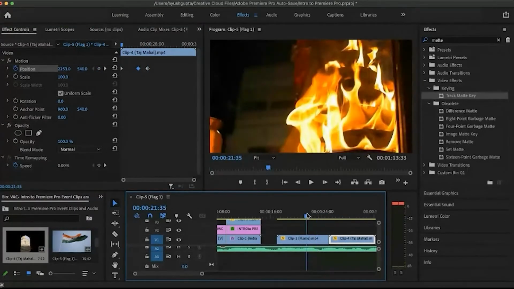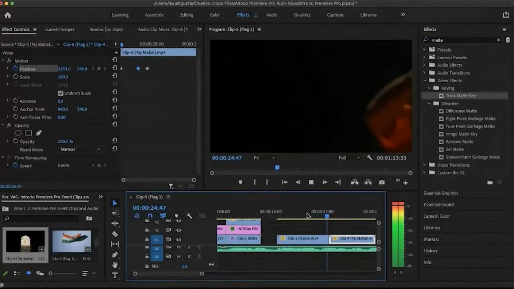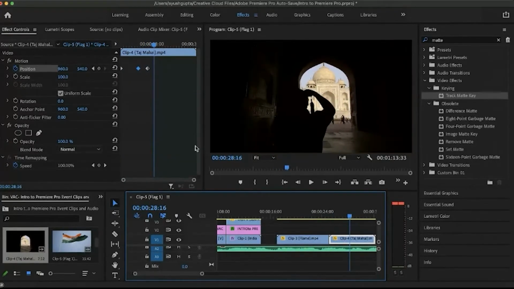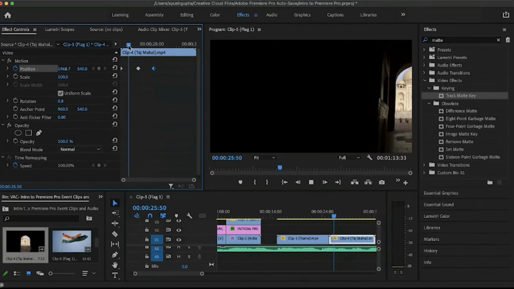So now let's see the transition if it's smooth or not. It's a bit fast too, so we'll use it and put it further away.